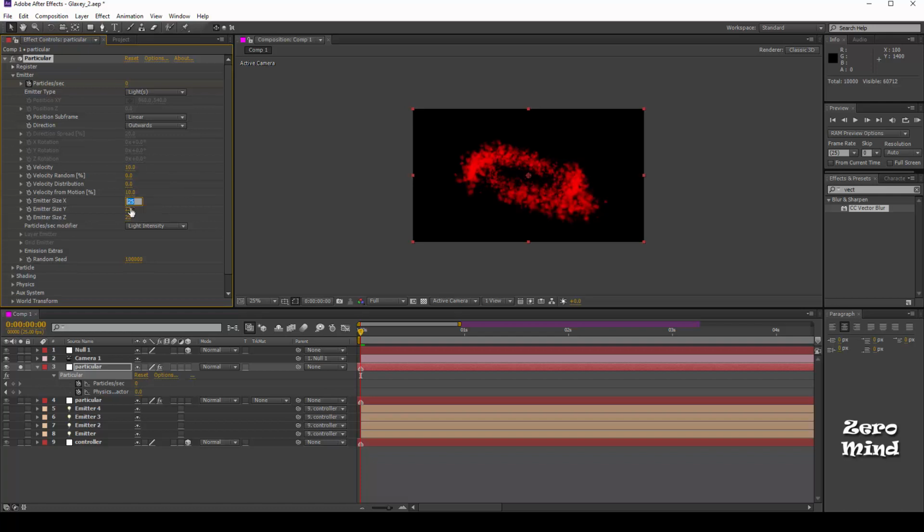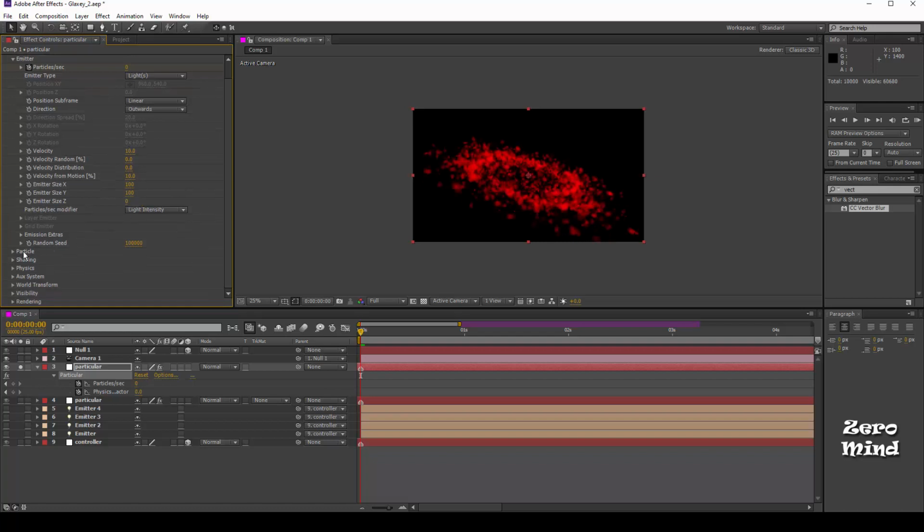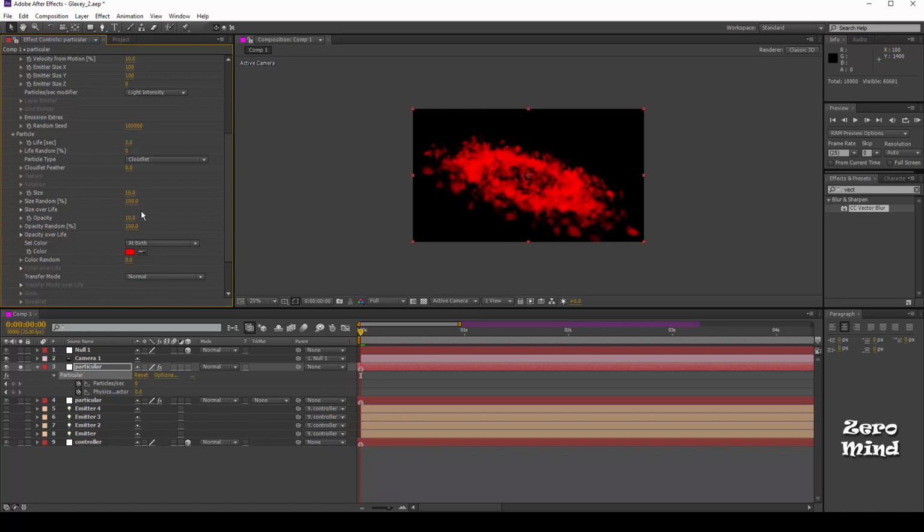Emitter size in the X axis around 100, Y axis 100, and keep the Z axis at 0. In the particle seconds, I will change the particle life cycle up to 15 frames, and life randomness is 0.